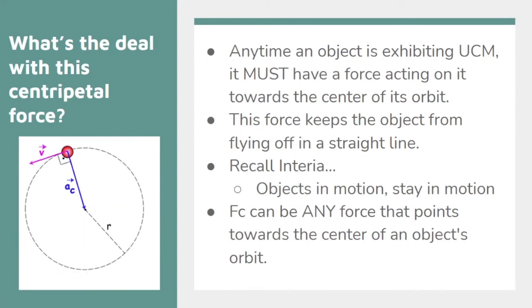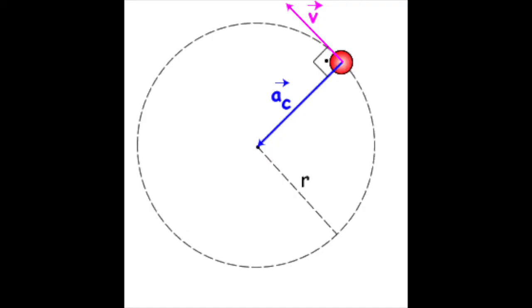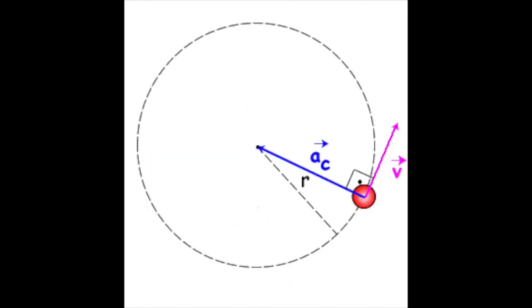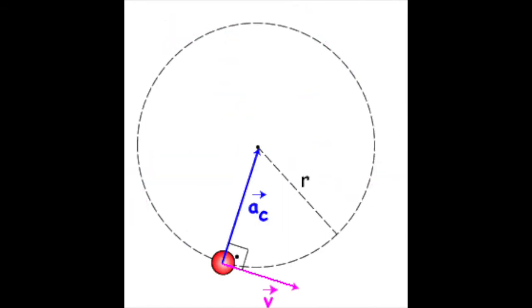Before we move on to the next slide though, notice how in this simulation, we have r, and r is constant. That value is not getting bigger. Notice that we have centripetal acceleration, which is also constant. The length of that arrow is staying the same size. And then notice that we have v. V stands for velocity, and the arrow length is staying the same. But what do we notice about the direction of that arrow? That direction is changing. It depends where we are on this orbit, but the direction of velocity is always changing. And if we look really closely, we notice that it's perpendicular to our centripetal acceleration and also tangent to our orbit.